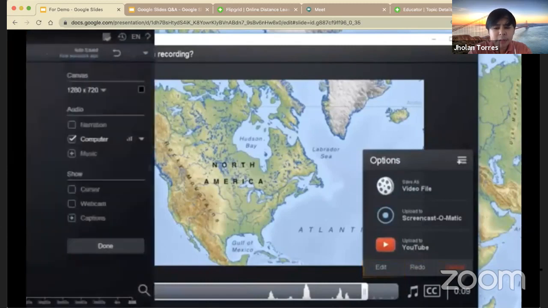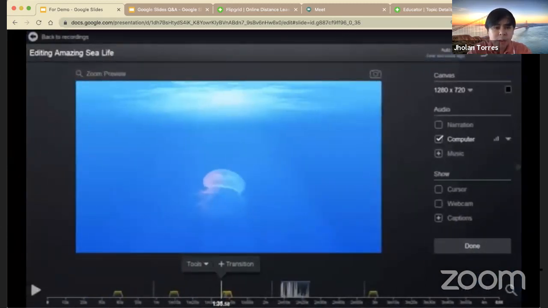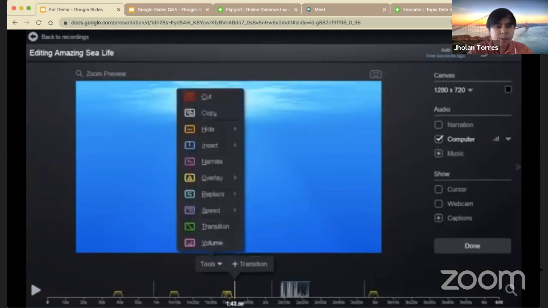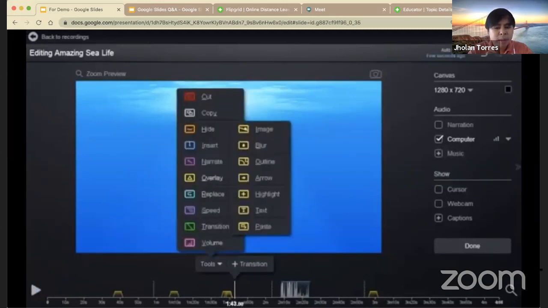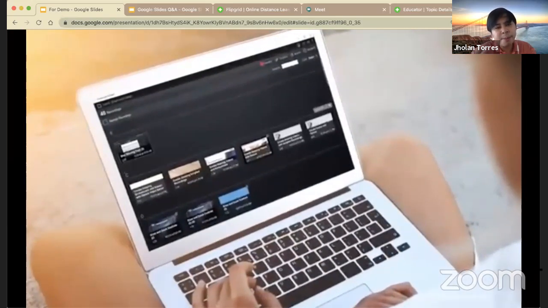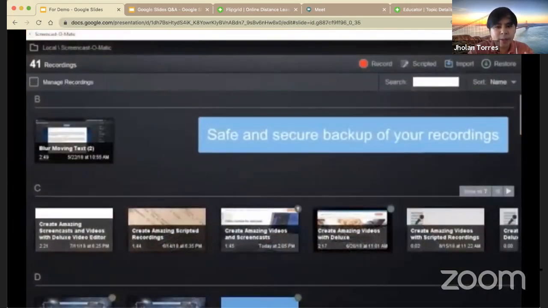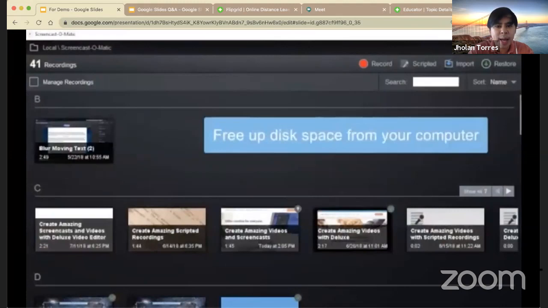for the paid version, you have the edit option. This is for premium. You have the paid option. But I think for us teachers, there's no need for the paid option. Remember, we need to explore free applications, sana para mas wala po tayong gagastusin. Okay? So this is for the paid application if you want to have a backup.